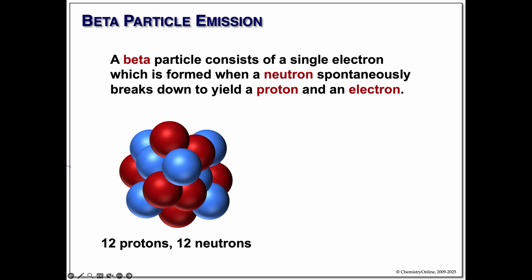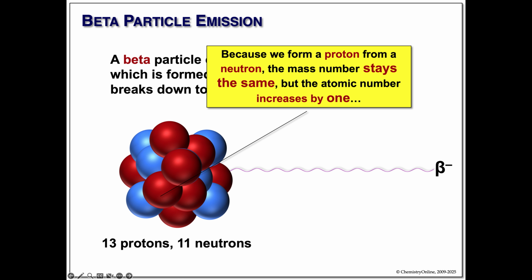Here's our representative nucleus again. We are going to take one of these neutrons. We are going to lose the negative charge and convert it into a proton. What happens is the atomic number increases by 1, because we have this new proton, and the number of neutrons drops by 1. The mass number, however, is the same, because they weigh the same. The atomic number increases by 1. So an example,